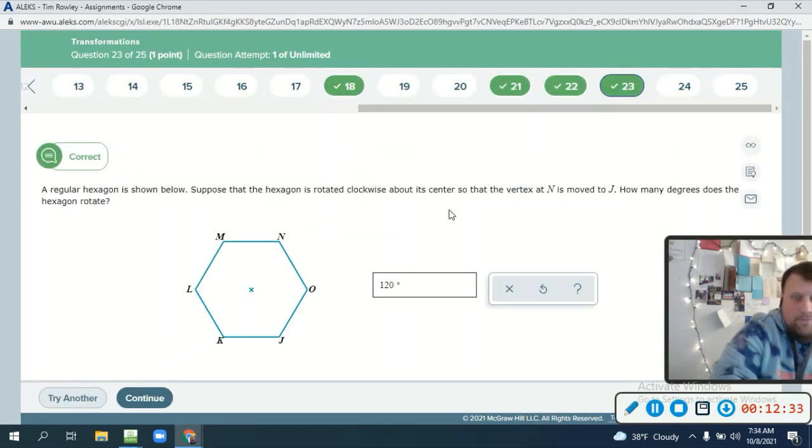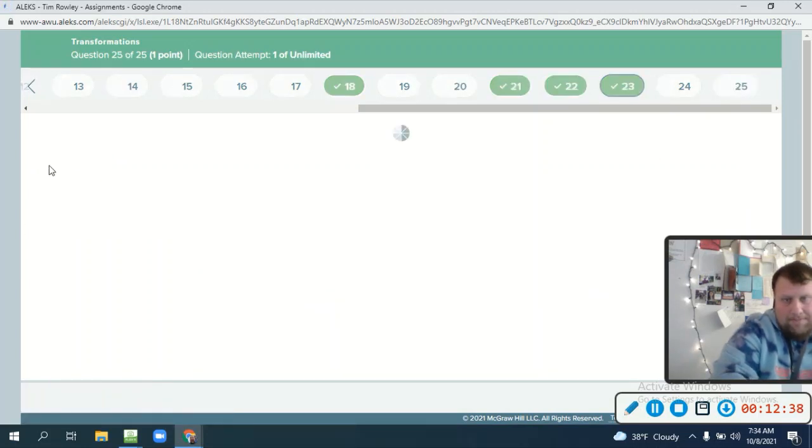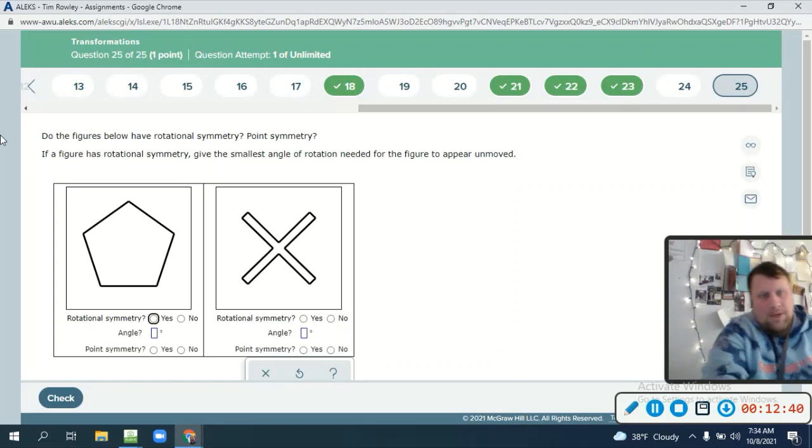Boom, look at that. And the last question we're going to go through today is question number 25. This is talking about two other kinds of symmetry. If we want to see if it has rotational symmetry or if it has point symmetry. Now, rotational symmetry,